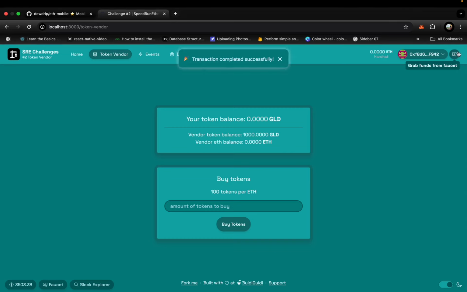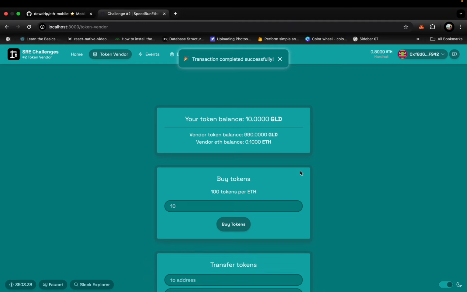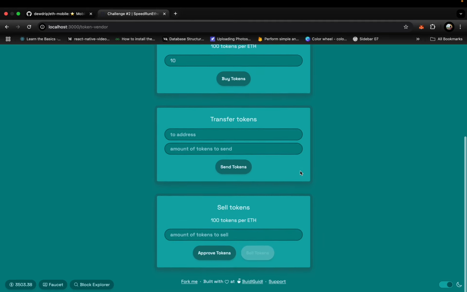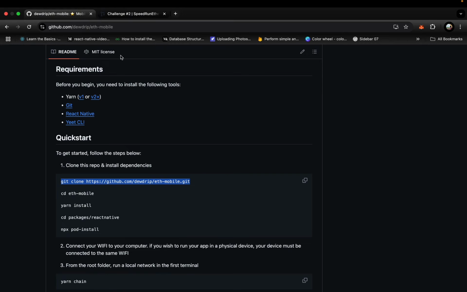Alright, so this is the token vendor DApp from SpeedRun Ethereum, and we will be converting this web application to a mobile application using ETH Mobile. Let's get started. So, following the guide from ETH Mobile,